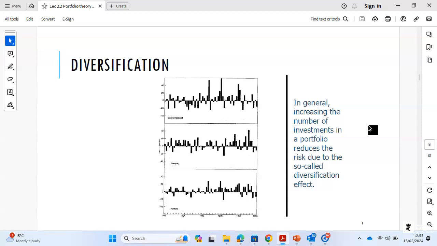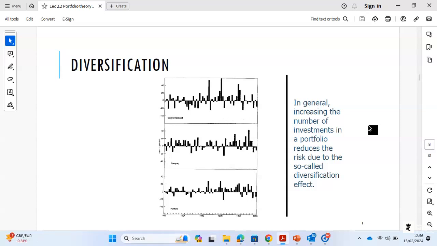Is it like a normal distribution? Does it look like a normal distribution? I mean, it's harder to see like this because we have not put them in brackets of different return ranges. But if you look at the first one, you'll see a lot of variation, right? In some months returns are really high, in other months returns are not so high. But if you look at this bit in the middle, the Compact one.